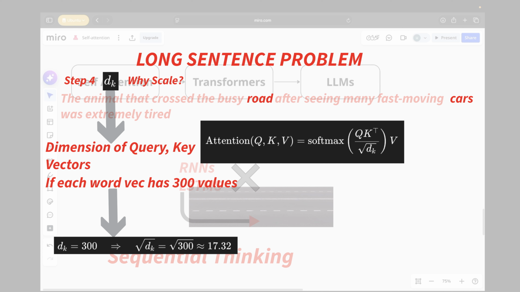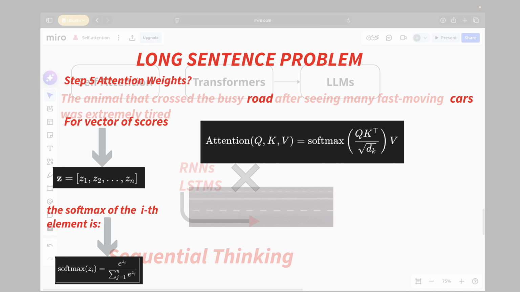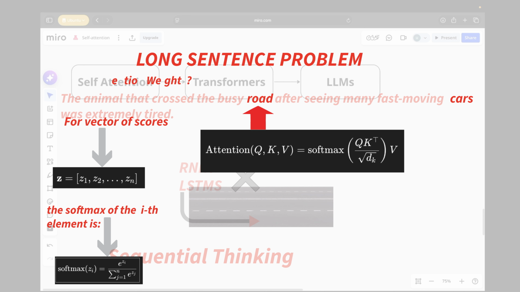Okay. The fifth step is understanding softmax attention weights. Softmax converts similarity scores into probabilities. For now, understand that softmax converts similarity scores into probabilities. I will make a separate small video which explains how softmax works. Now the model decides on high attention for road and lower attention for unrelated words. Attention becomes focused and meaningful here.